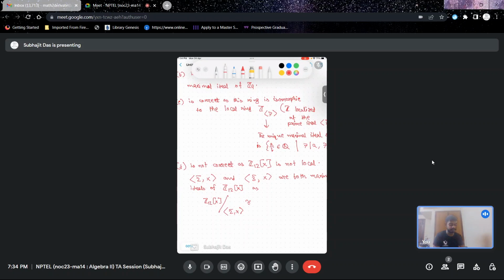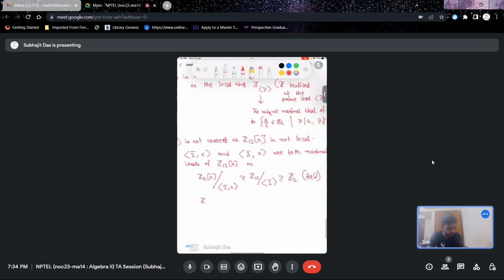The order of 2 here is 6, right? So this is Z12 modded out by this, which is isomorphic to the field Z2,